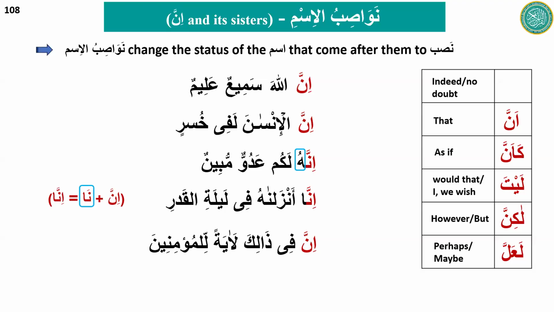Okay, so what is the purpose of this example? The purpose of this example is to show you that when there is a nasib like this, inna or one of its sisters, the mansoob ism doesn't have to be next to it. It can be at some distance from it as well. It's okay to have some distance in this case. So that is the ism which is in nasab status because of inna. Okay. Next example,